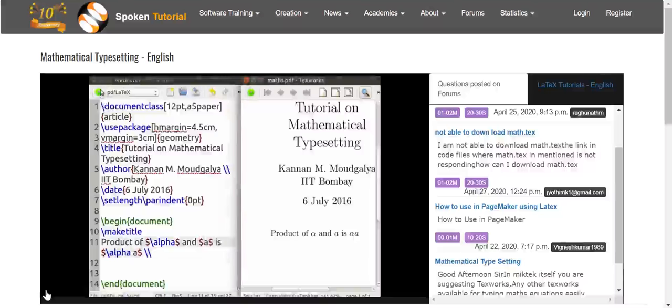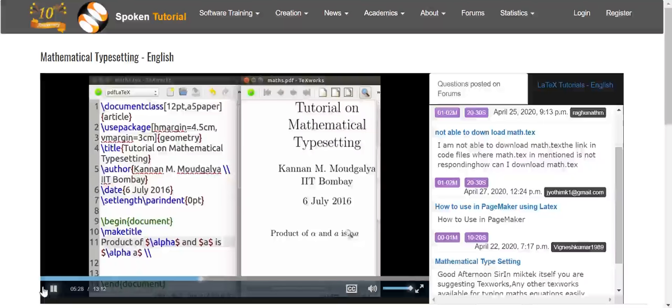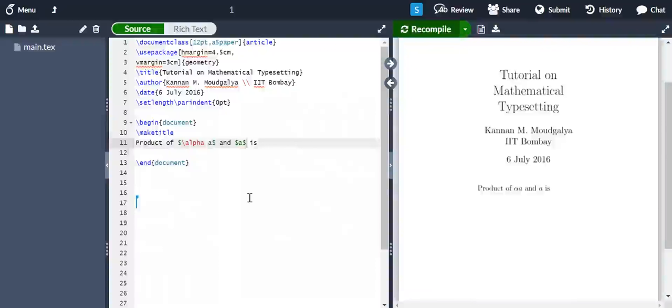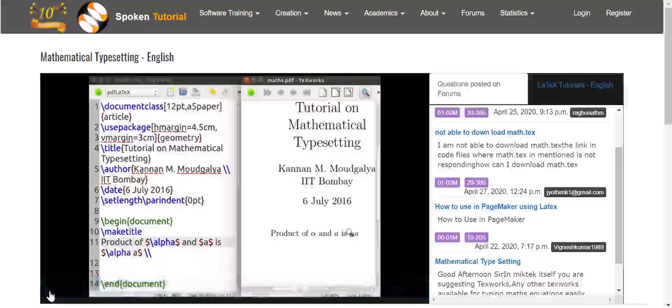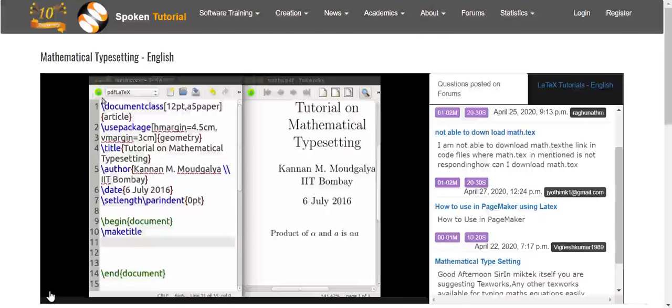Let me compile. Now the fonts of these two a's are identical. Not keeping the font of variables identical is a common mistake. Let us get rid of these. Let's compile.